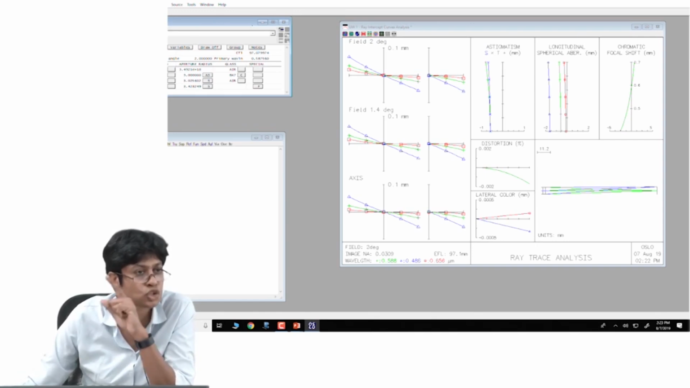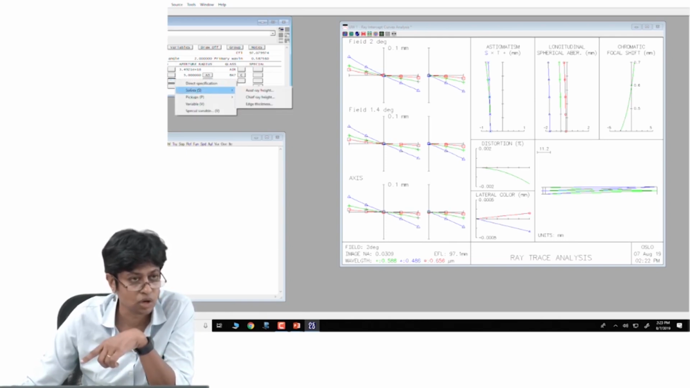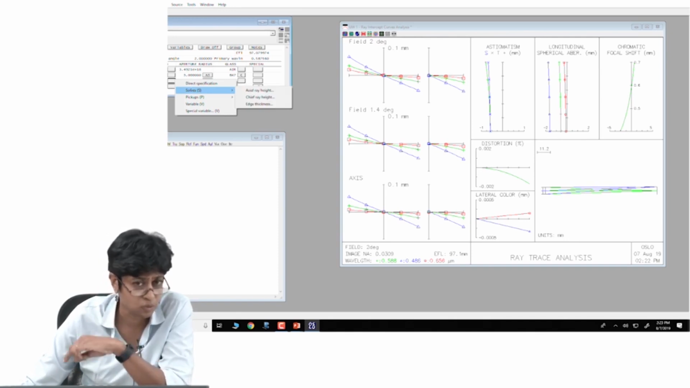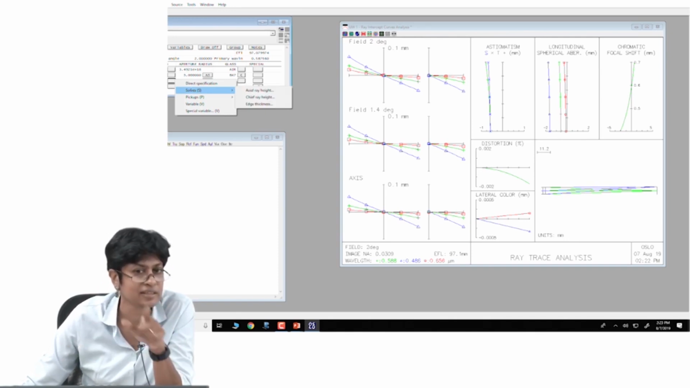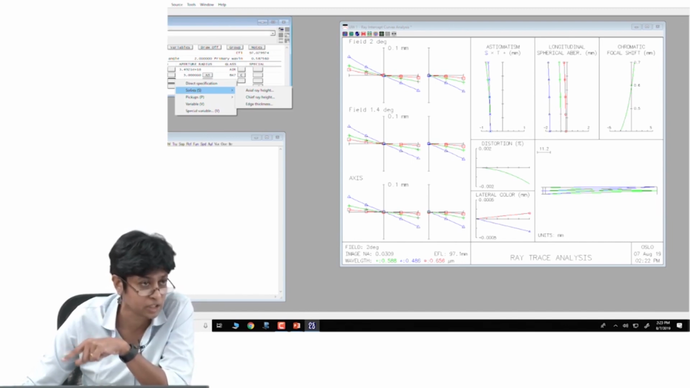I'm now going to use a solve. So I will click on this little square button next to the thickness. I'm going to ask OSLO to solve for the thickness such that, so I'm choosing a solve. I'm interested in finding where perfect focus happens. So it's the axial ray that will have 0 height at perfect focus. So I'm going to pick axial ray height,